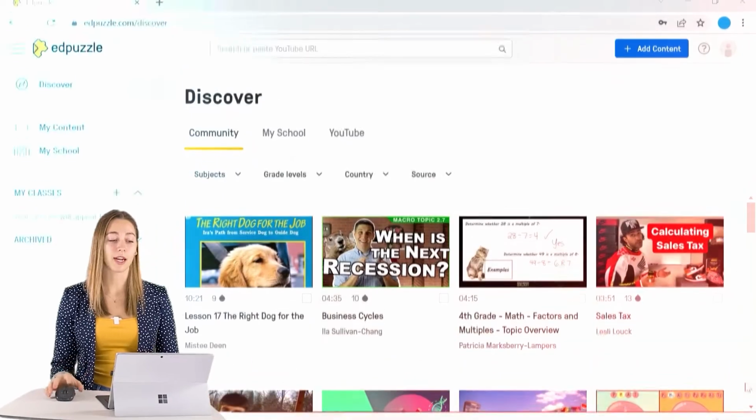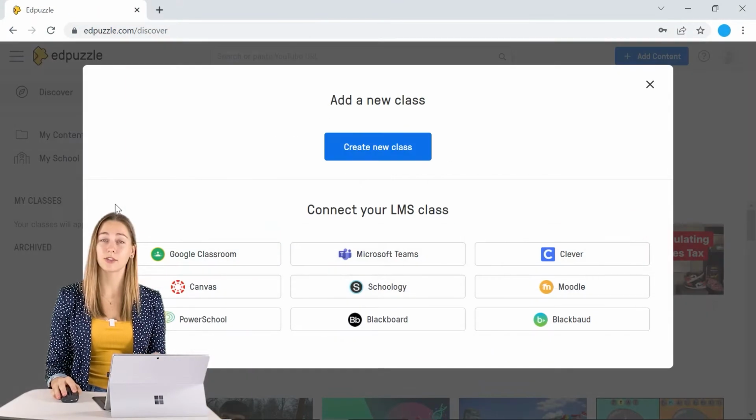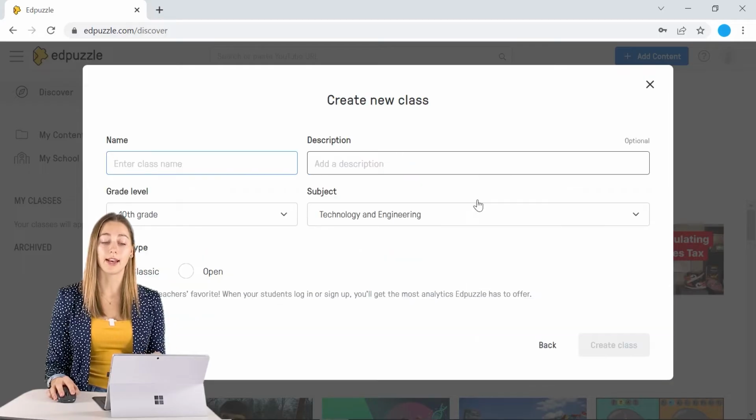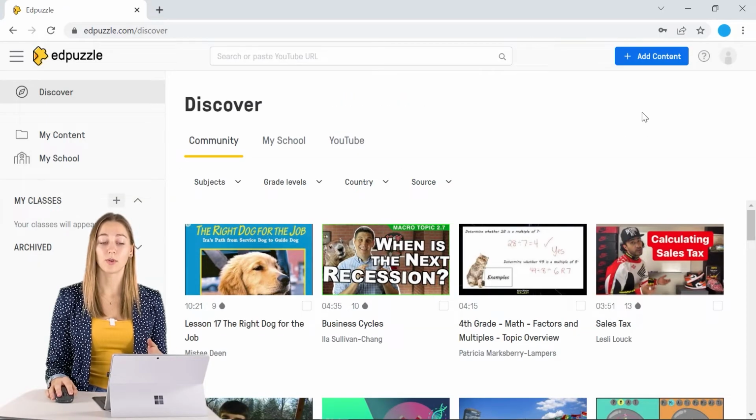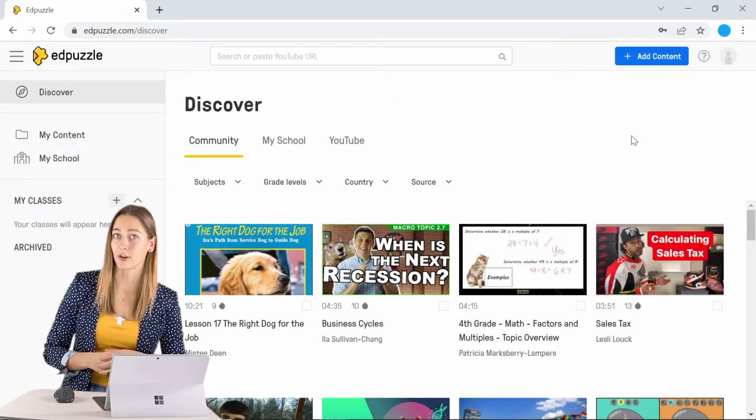be learning. It's a free tool, but you can also upgrade to Pro if you want more space to save some of your video lessons. Once you've created an account, you can go ahead and add your students to your class with your learning management system, or you can go ahead and do it manually. So once your students are in, you can begin creating your content.